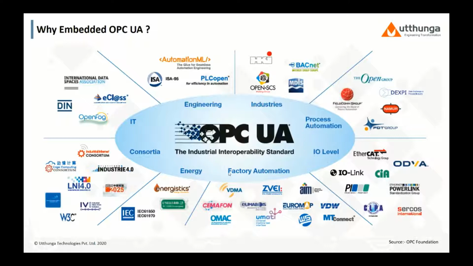So when you are working on devices, most of the devices fall into either the IO level or some of them have IEC 61850 and BACnet on the building automation side. So like that, different protocols and different levels of integration would be required, and with respect to that, there are different companion specifications. So when your device supports OPC out of the box, along with the protocol-specific companion specification and related information model, then that